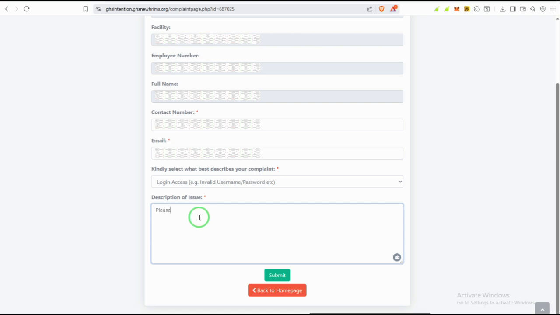Please, I am not able to log in. Don't even write "I think", just say I'm not able to log in when I enter my password and email. Then here you put in the email. If it is at gmail.com, you put it, and you put in the password you think is the right password, and the password